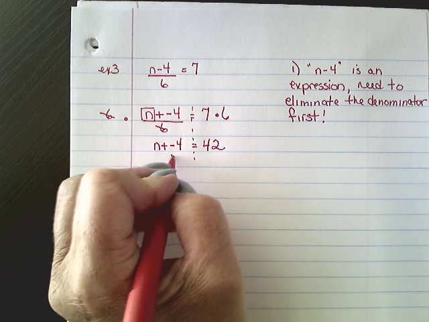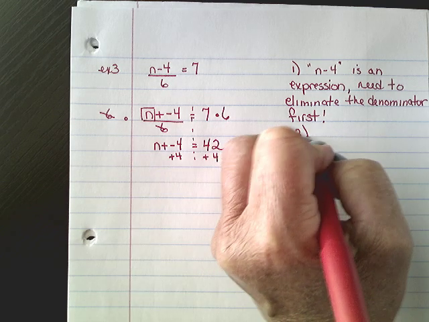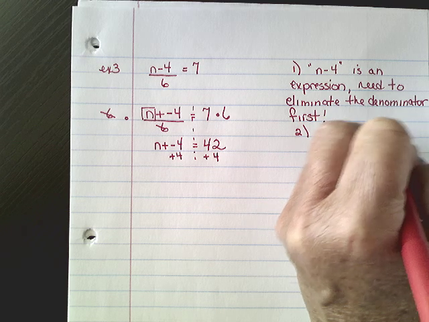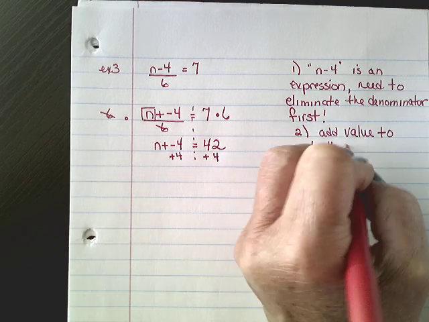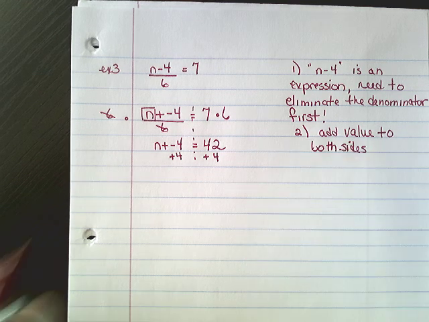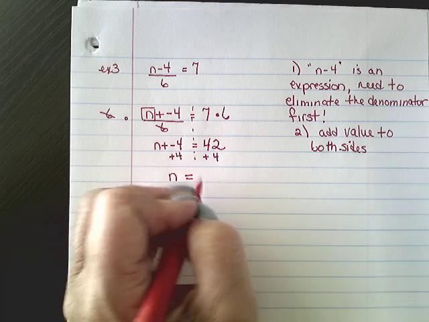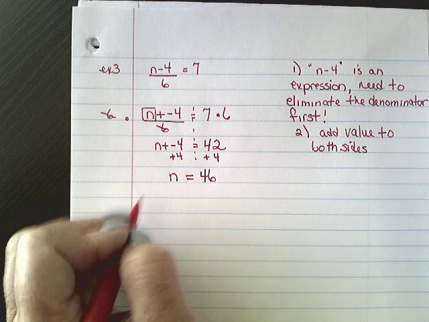Now I can add a +4 to both sides. Add the value to both sides, which is the opposite. So this becomes n equals 42 plus 4 is 46. Now the previous example, our answer was 66. Now it's 46. So to check this,